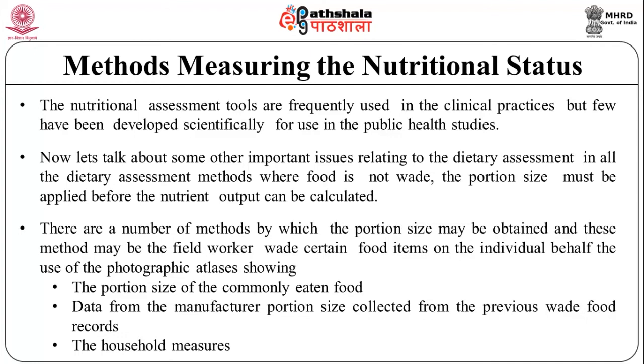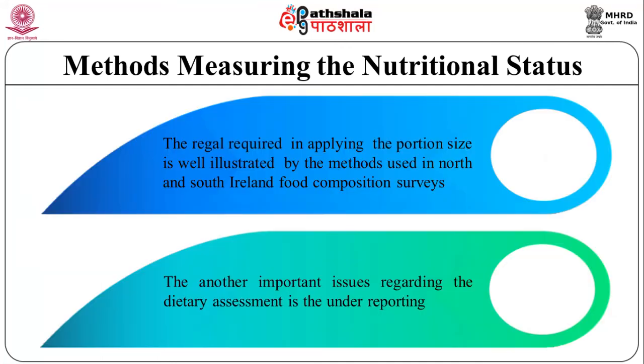The field worker may weigh certain food items on the individual's behalf, use photographic atlases showing the portion size of commonly eaten foods, use data from the manufacturer, portion sizes collected from previous weighed food records, and household measures. The rigor required in applying the portion size is well illustrated by the methods used in the North and South Ireland